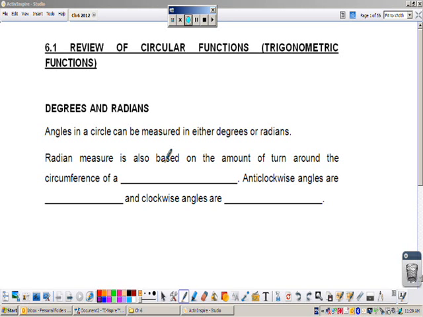So let's have a look at what we remember from last year. Hopefully all of this should be familiar to you. There shouldn't be anything new. The first thing we investigated in year 11 was the connection between degrees and radians, and we all learnt how